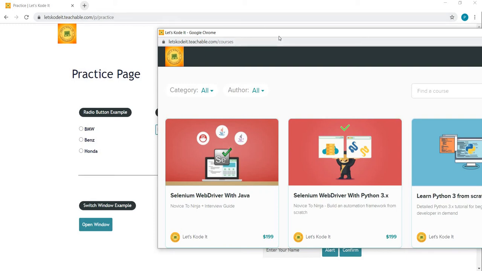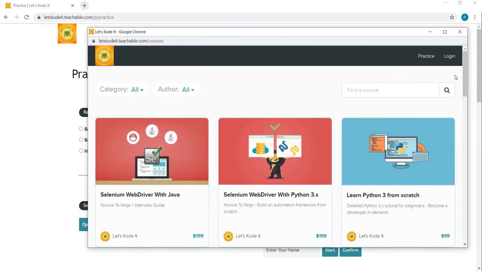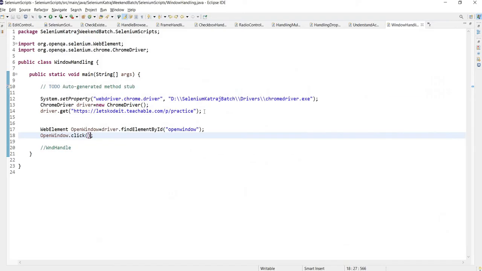So if we want our driver to now find this link login in the DOM of this browser window, we have to retrieve the WND handle being set by the operating system to this window and hand it over to the driver. As soon as the driver gets it, the driver will start working on it. The driver will lose the WND handle of this window and will now get the WND handle of this newly opened window. Now let's understand how to retrieve the WND handles.